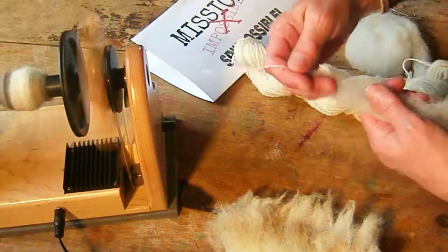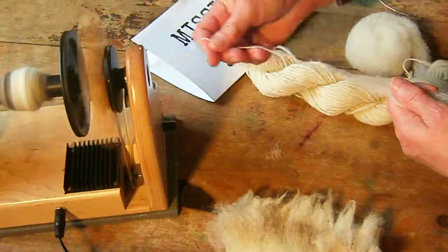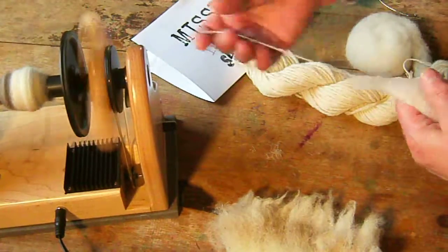But for now, we're looking at trying to make some clothes. So let's spin this into some yarn,